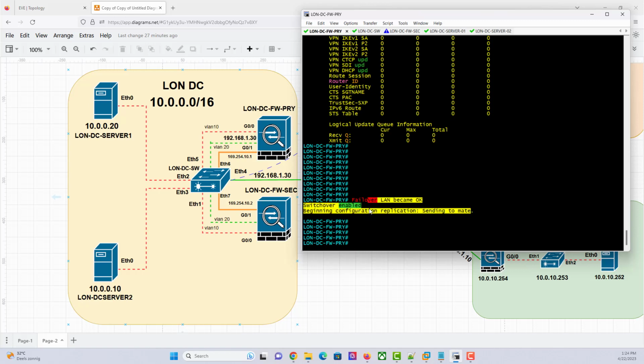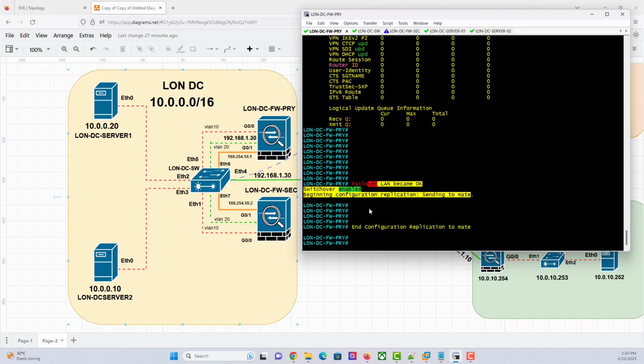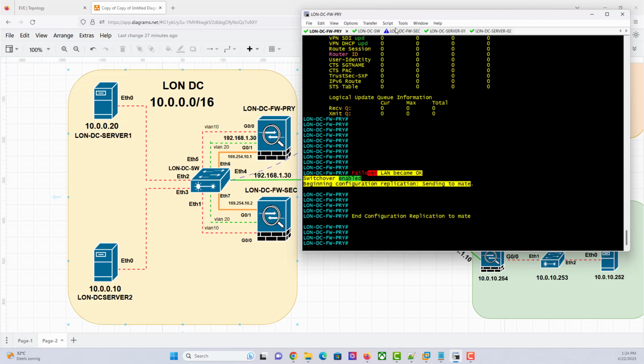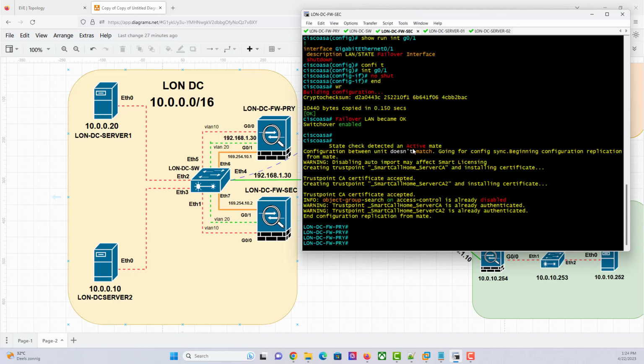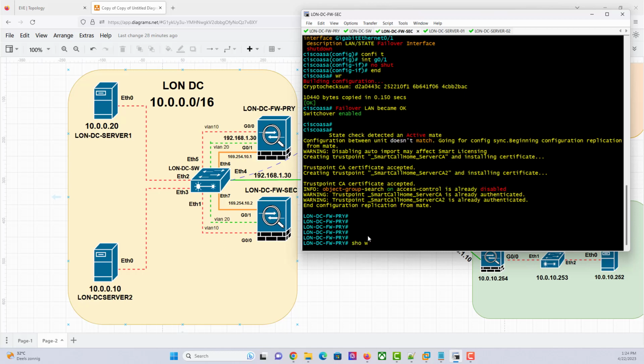Fantastic. Well, that's why we make these videos. It helps us. It says end replication to mate. So if you go to the secondary now, it has replicated the entire config from the primary, right? So you see the name automatically changes, right? It's saying this is London DC firewall primary. And so if you say show failover,